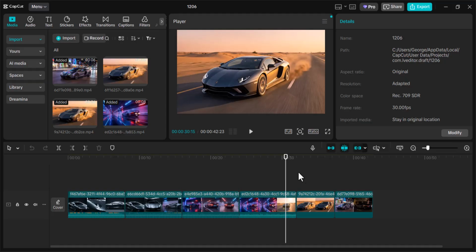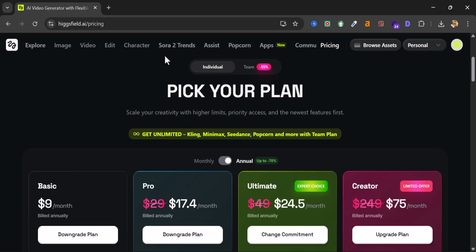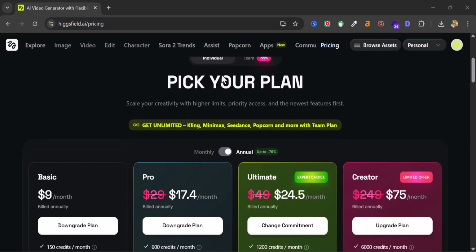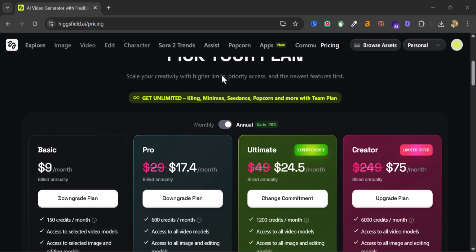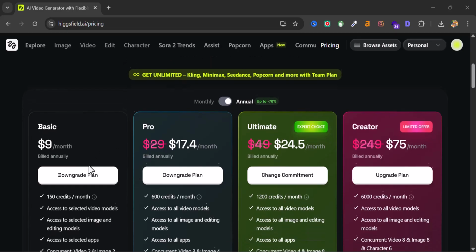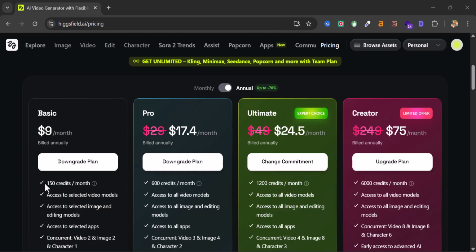So let's look at the pricing before we call it a day. So we head over to this place, the Higgsfield AI. You just click on pricing tab, which is what you are seeing at the top. So once you click at the pricing tab, it will display some certain pricing for basic, pro, ultimate, creator. Now we have the individual or the team. So let's start with the individual, and for the basic plan, which is $9 per month, you can now be billed annually and you will get 150 credits, and that will amount to